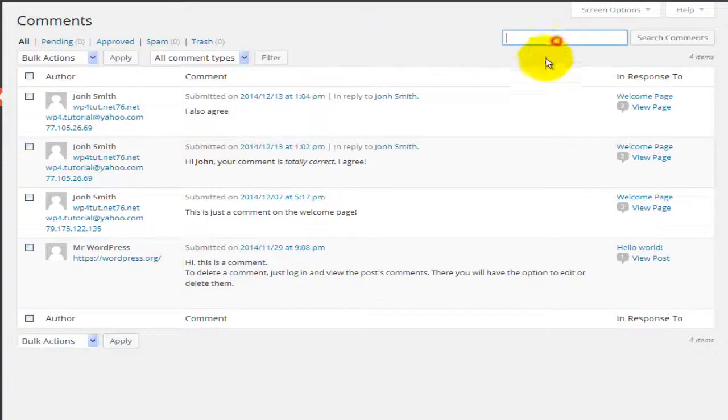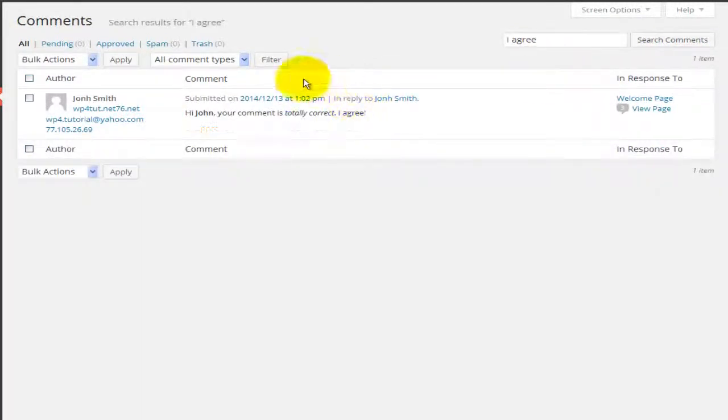We can search for comments here. There's a search box. You will type some of the words that you are searching for. So for example, if I write I agree, and if I hit on search comments, I would get a comment here that has that I agree bit in it. So that's this bit here. Alright, let's go back to all,